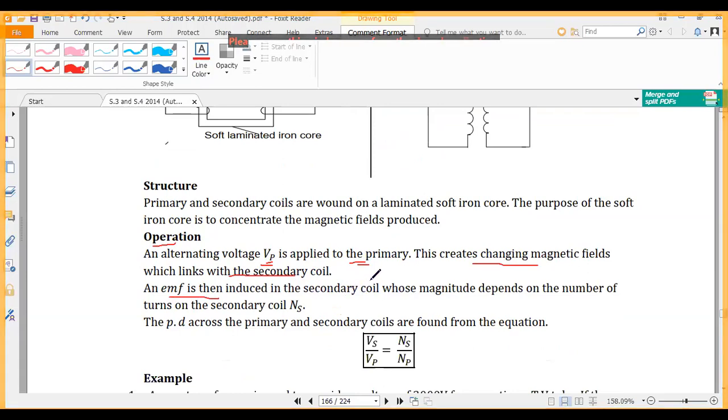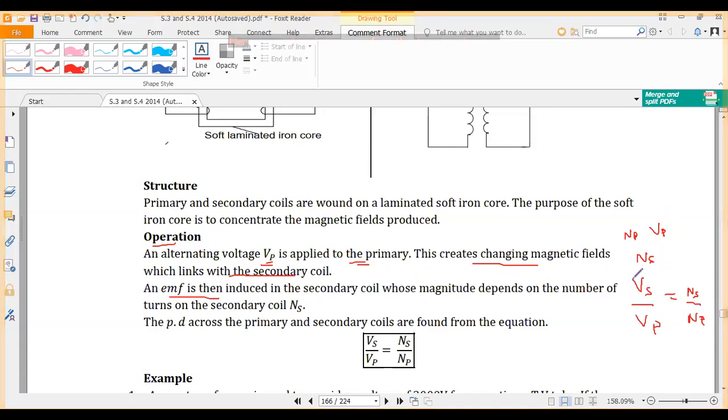If the number of turns in the primary coil is NP, the alternating voltage in the primary coil is VP, and the number of turns in the secondary coil is NS, then we don't know which voltage will be induced in the secondary coil. So we use the equation VS over VP equals NS over NP